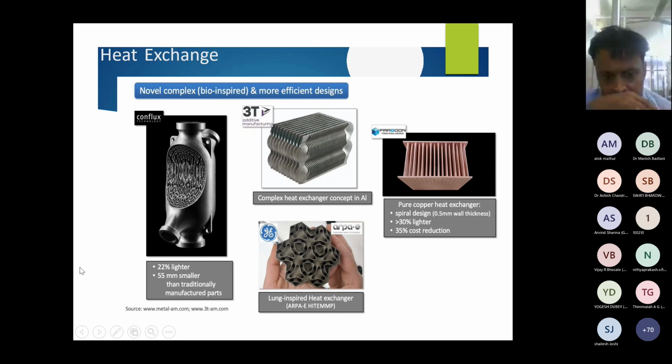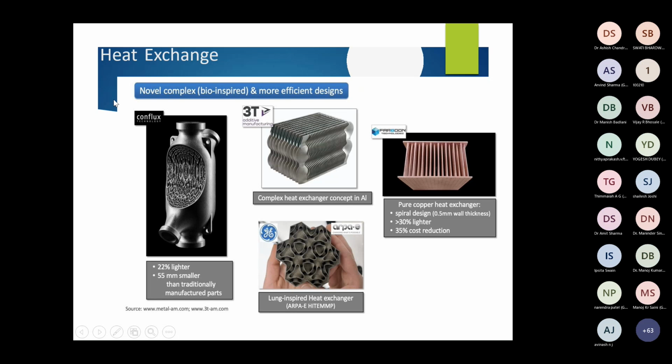And if we talk about heat exchanger concept, here you can see the lung-inspired heat exchanger and pure copper heat exchanger. So these are the various bio-inspired and efficient designs of the heat exchangers.